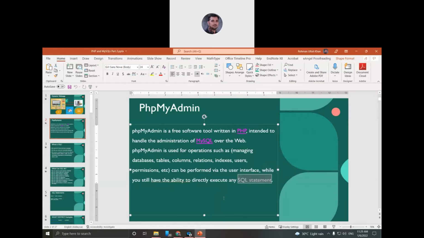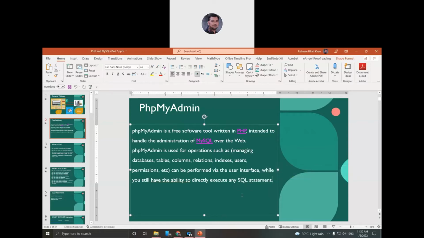So phpMyAdmin is a graphical user interface to deal with MySQLi. To deal with means to create a database, create a table, create a user, and all these operations are actually carried out using SQL statements.